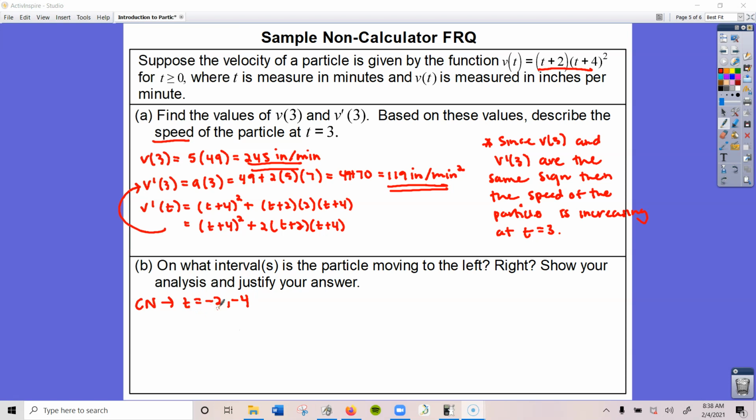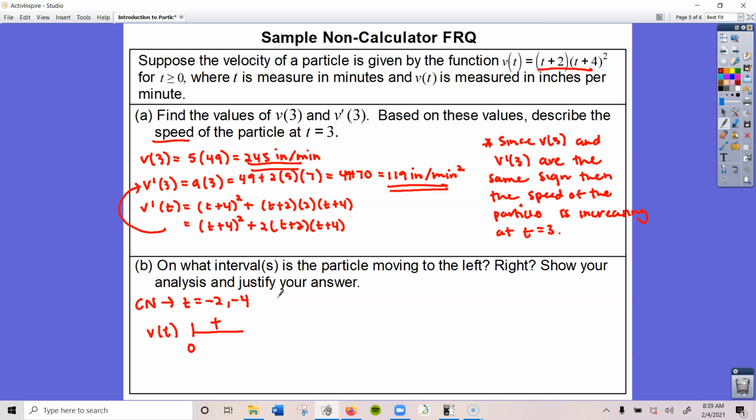Now keep in mind that these critical numbers represent time. Time cannot be negative. So these critical numbers here don't really count for our derivative. So when we're testing v of t to figure out the sign, our number line would have to start at 0, since again, time cannot be negative. So we're going to plug in a value that is greater than 0 in order to see what direction my particle is going. So if I plug in, let's say 1, this would be positive, and this would be positive,